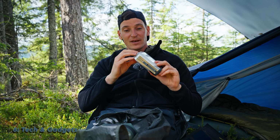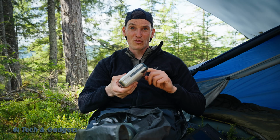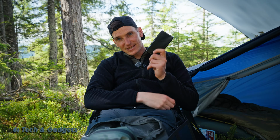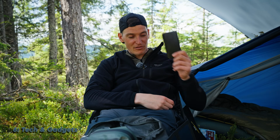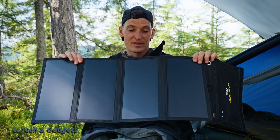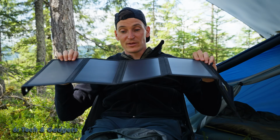I also like to bring a camping light with me. This is mainly for ambience in my tent, and it's also a power bank in case I need an extra power bank. If you're planning on going on a trip for 1 or 2 weeks, then a single power bank might not be enough. In these cases, a solar panel might be the solution. This one has an efficiency of 30 watts, so it will be quite efficient if you use it on sunny